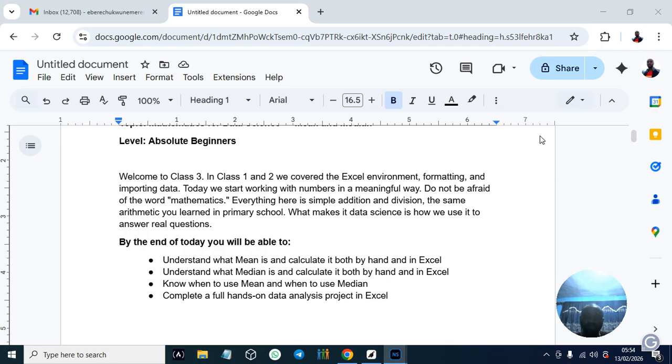So don't be afraid, because I know some of us have not been used to maths. When we say maths, you say this is why I've been running away from all this stuff. You said there is no maths in it, that it's just pick and drop. Which one is maths again? So you shouldn't be afraid.